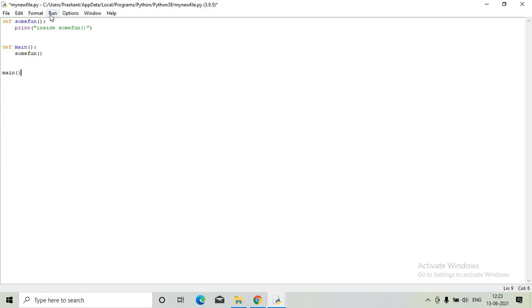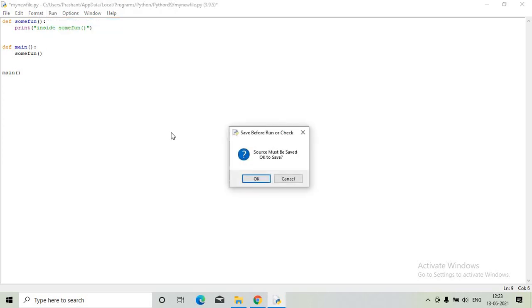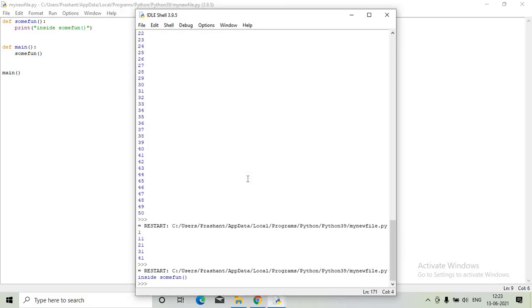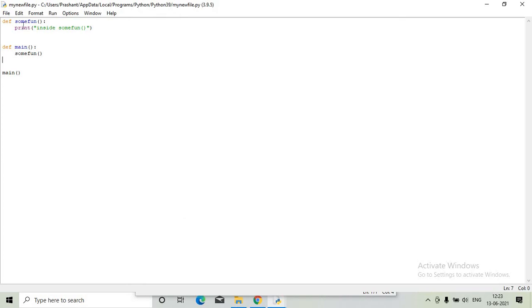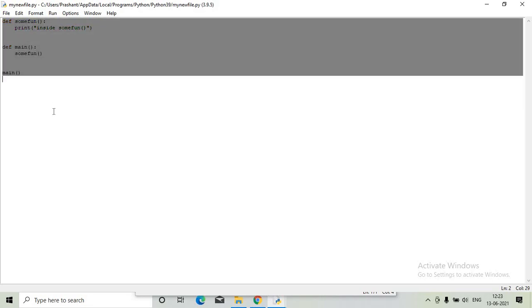The same thing we have in C, but in Python we have to call this function, that is mandatory. So I am calling main, and inside main I am calling sum fun. The message that we have in sum fun will be displayed. This is one of the advantages of using the main function.